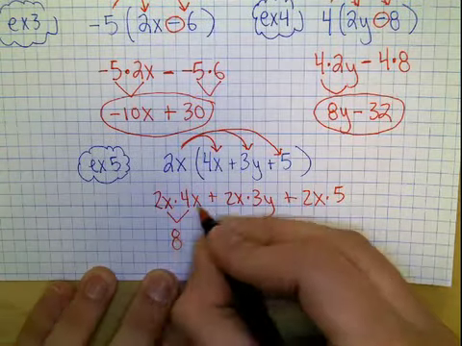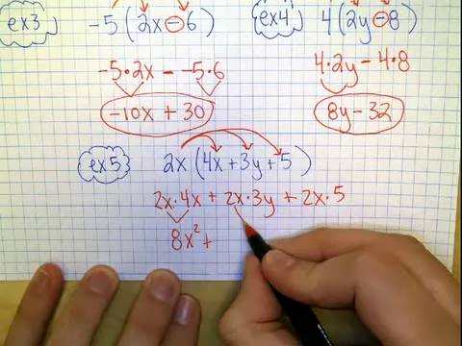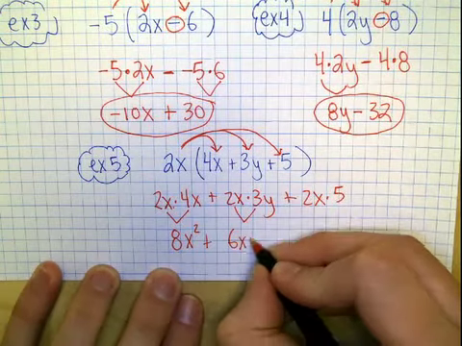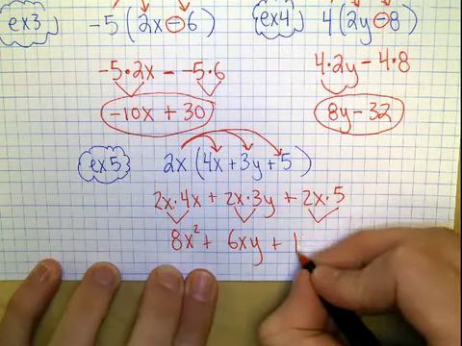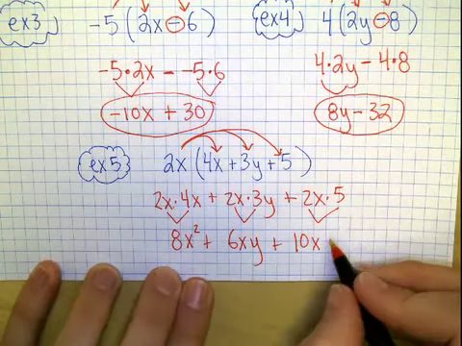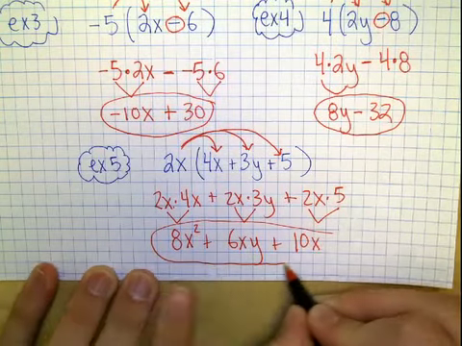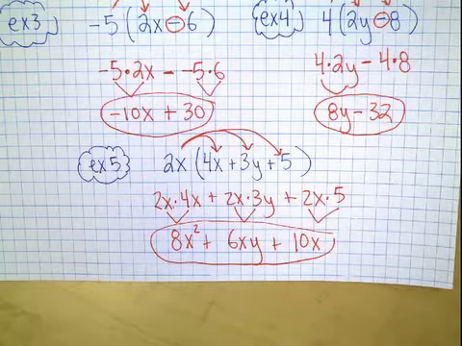2 times 4 is 8. x times x makes x squared. Plus 2 times 3 is 6. xy is just that, xy. Plus 2 times 5 is 10, and there's an x, so 10x, and we got an answer. 8x squared plus 6xy plus 10x. And that's the distributive